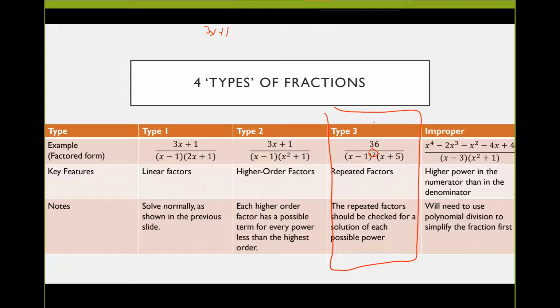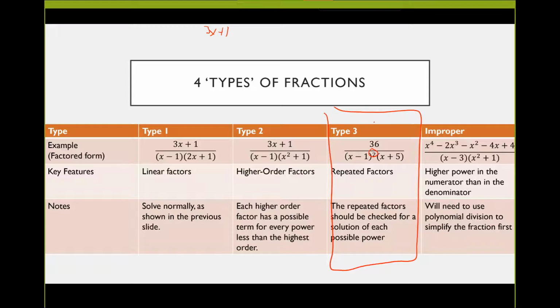Okay, any questions on the different types? Okay, I'm going to give one example of each. Okay, so starting with type 1,